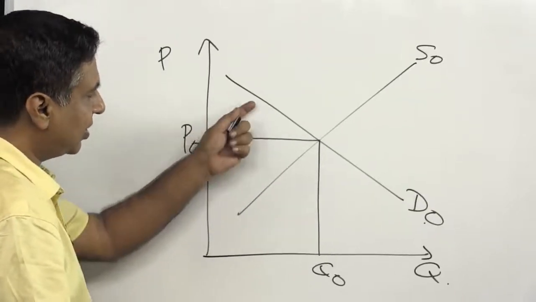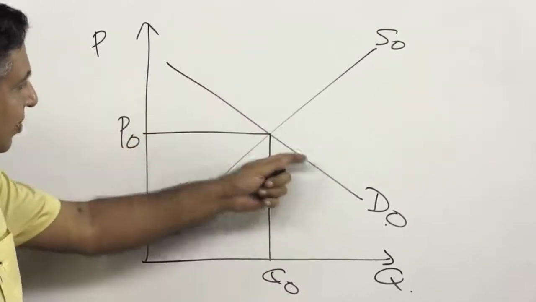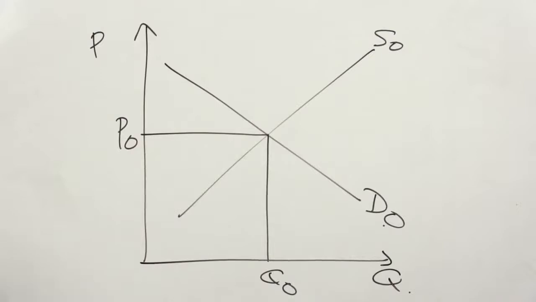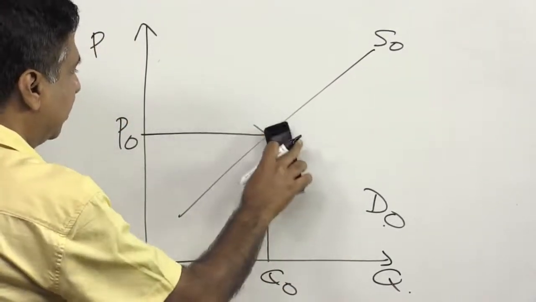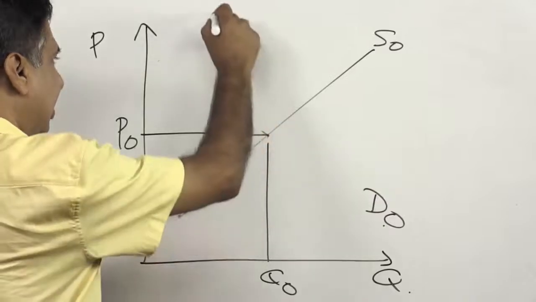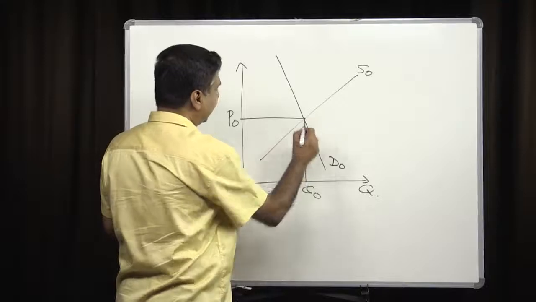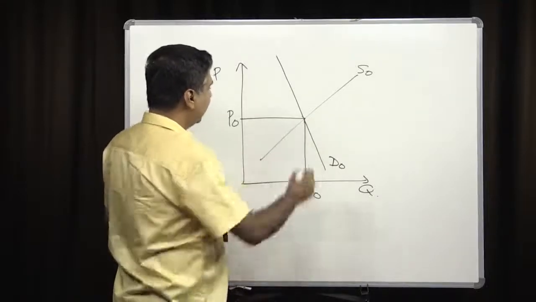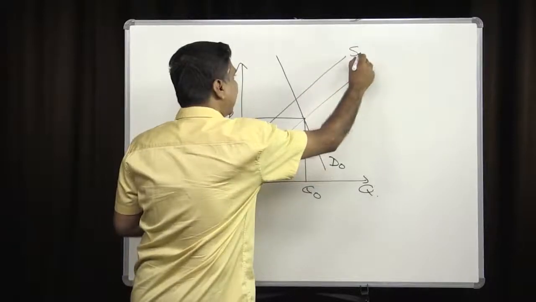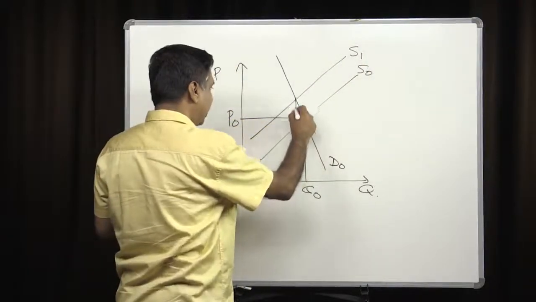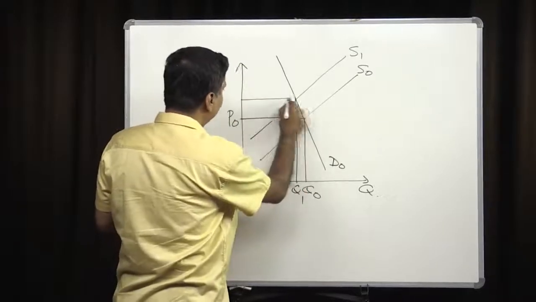Let's suppose that instead of the demand curve looking like this, it's now much steeper. So let me change the demand curve to something like this. So now let's think about what happens with the introduction of a tax, and the supply curve moves to the left to S1, and now you can see that the quantity has changed to Q1